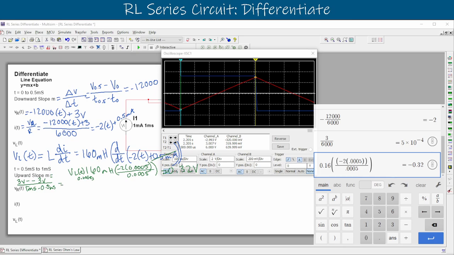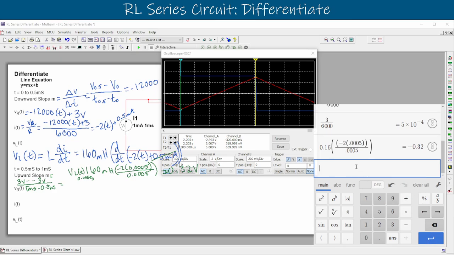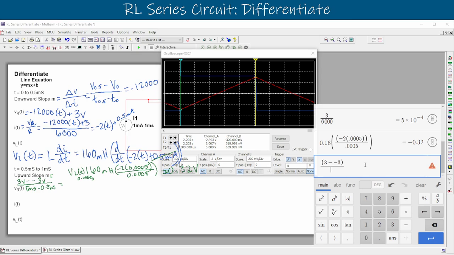And that's going to be 3 minus minus, so that's going to be a positive there. So we can send this one out and say that we have a 3 minus negative 3, close parenthesis, and divide that by our 0.001 minus 0.0005. Right, we're still left with 12,000, but it's now positive instead of negative. So we'll put that here, we'll say 12,000. That is our slope, so we can use that to determine our voltage drop just like we did before, and it looks like it's going to be right about the same, right? So 12,000